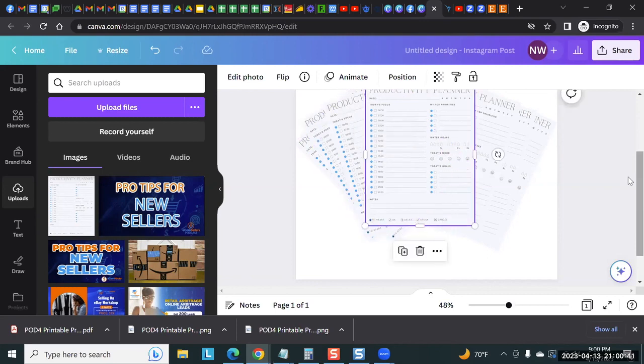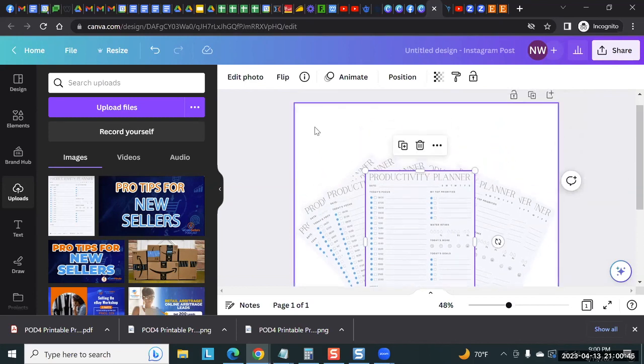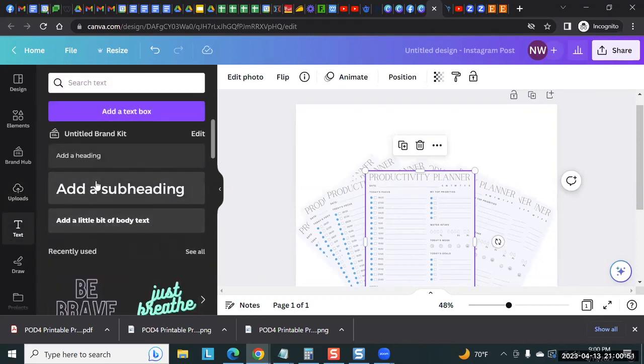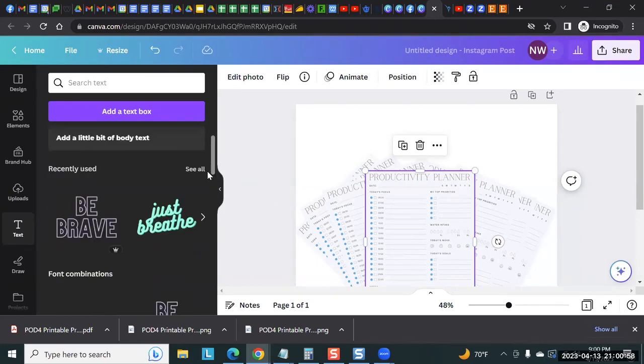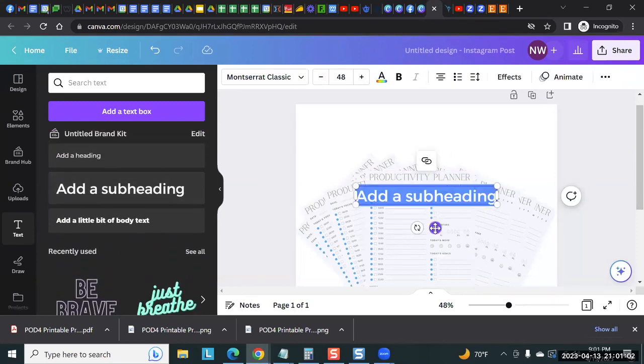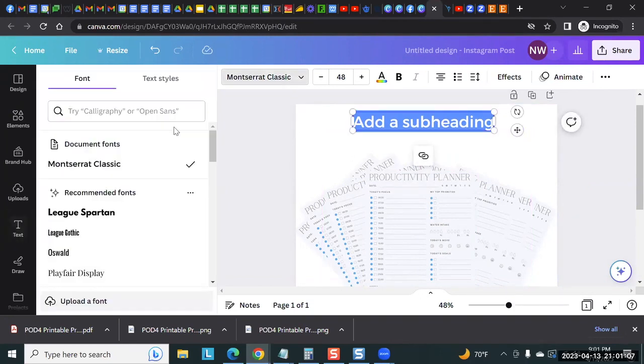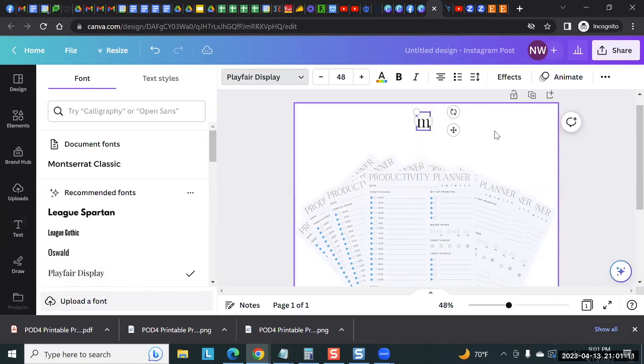So once I get the design that I want, kind of getting the same effects, taking the same image and moving it around, then I have to put some text up here to say what it is. So I'm going to go here and get the heading. If you want to take one of the existing ones, you can do that, or you can just choose a text. So I just grab a heading and put it up here. I am going to use a font. So let's use this font and I'm going to write